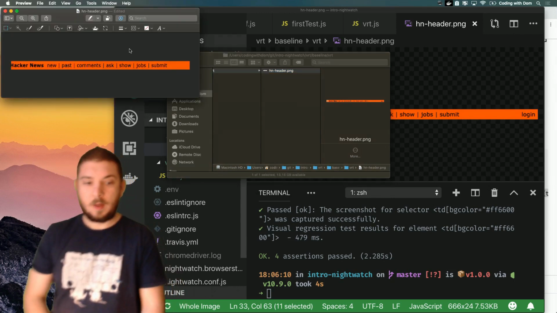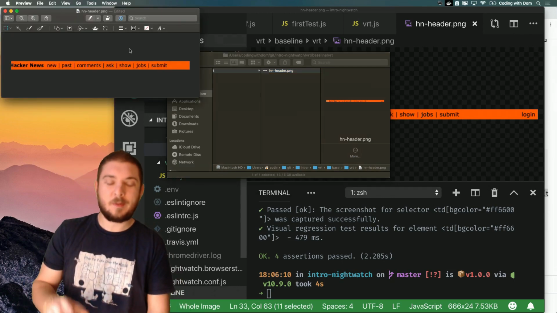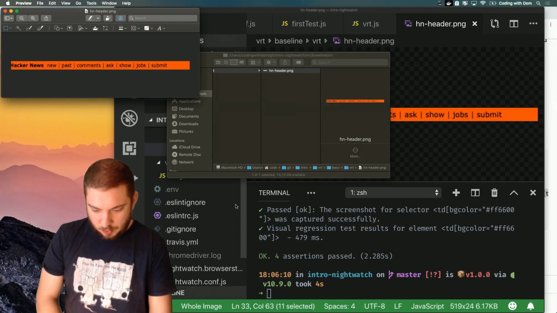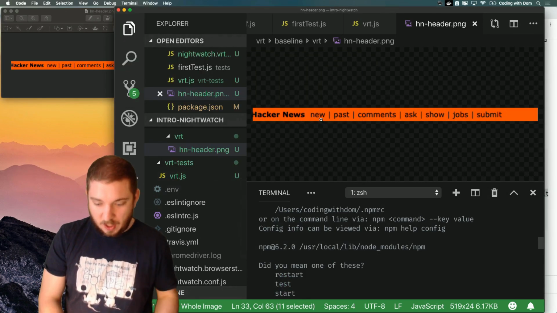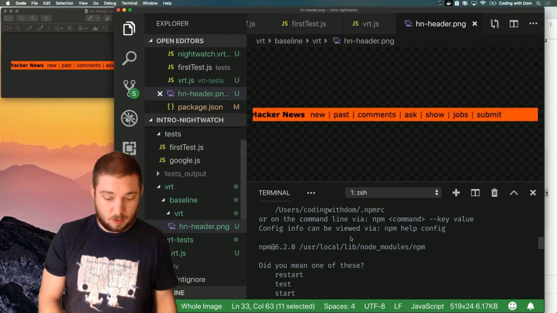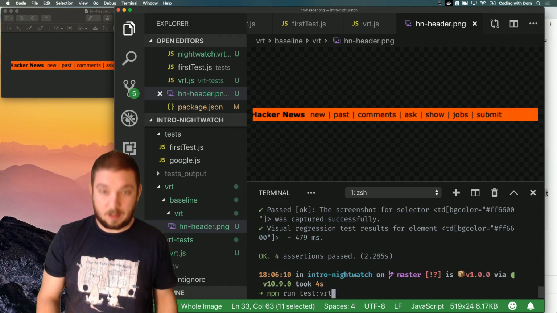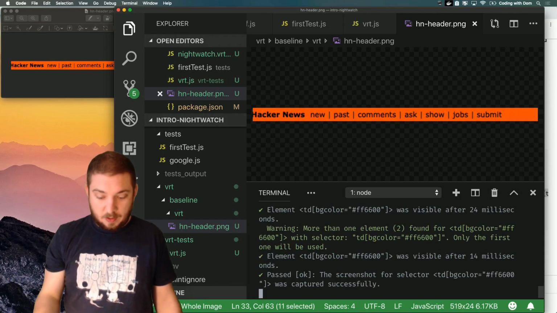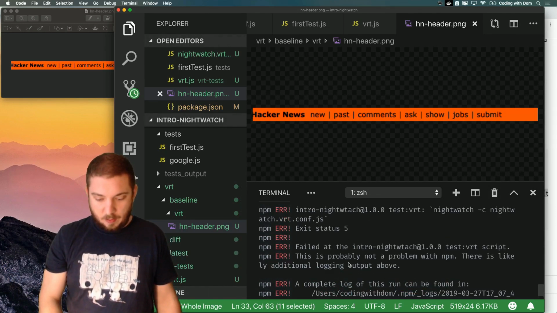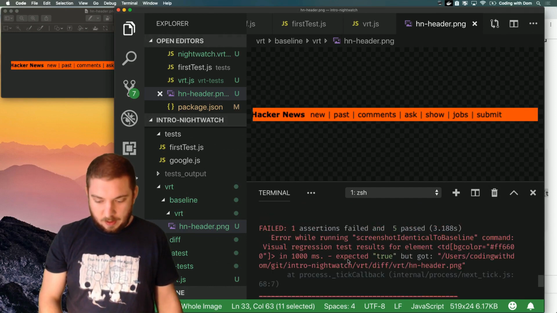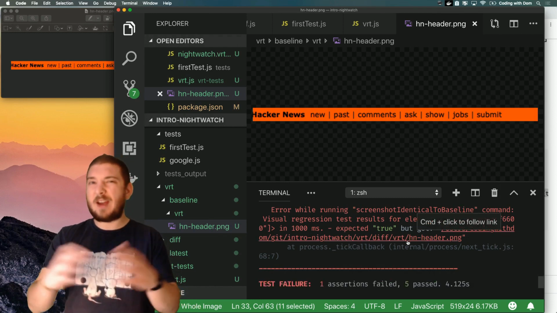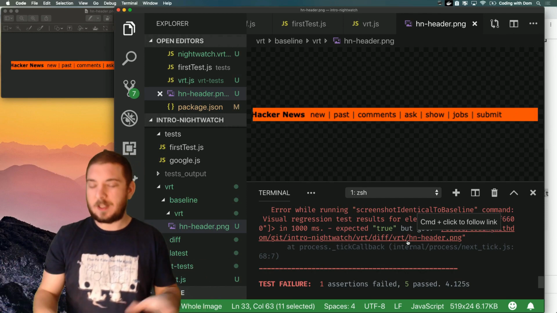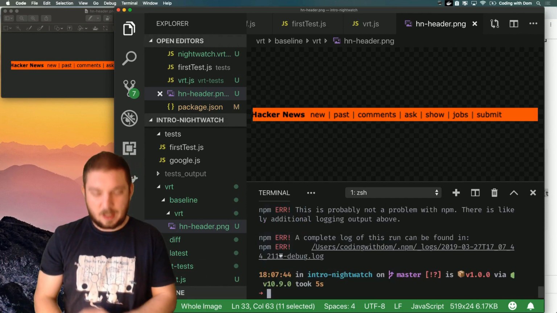Let's have a look. Okay, so what I'm doing is I'm cropping the image. I'm saving that. So now we can see that the baseline has become this cropped image, which isn't what we should have in the website. So if I run test again, I expect the test to fail because the screenshot is different. And here we are. We have error running, screenshot identical to baseline. The visual regression test results for element expected true, but got. So the error message might not be the clearest error message in the world, but the point is our visual